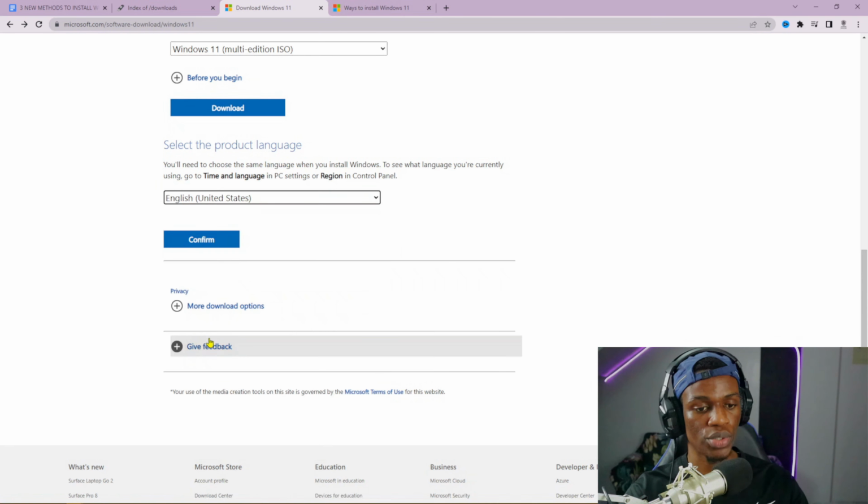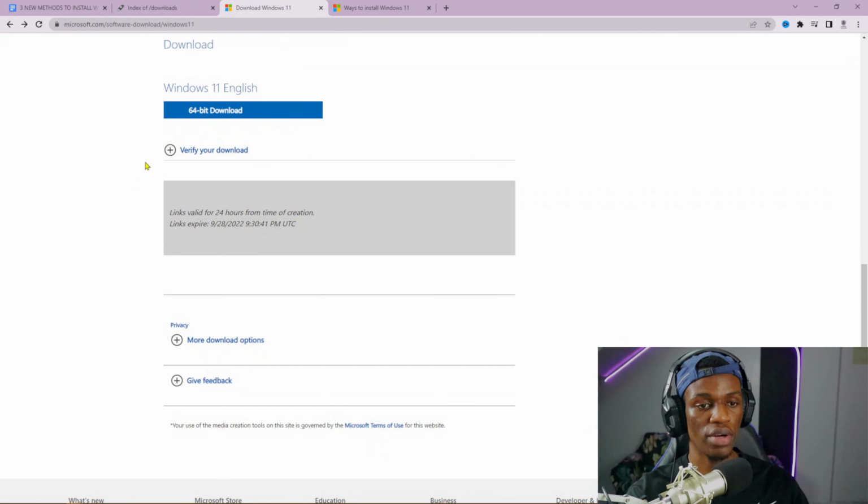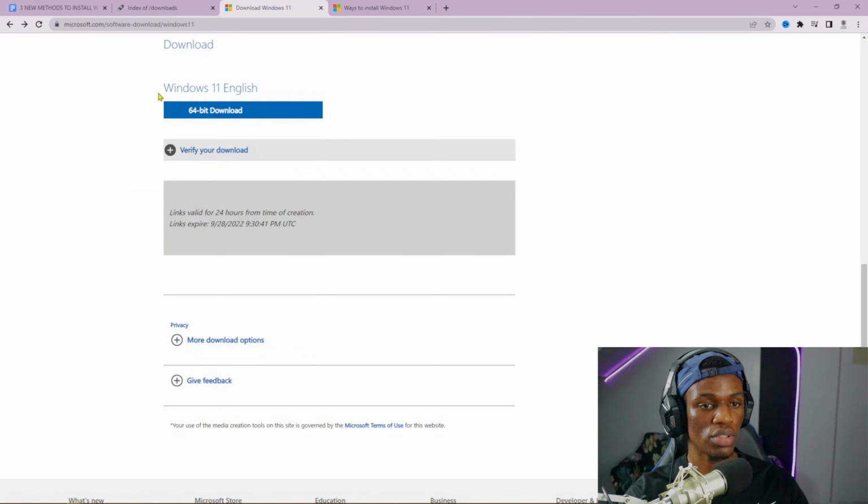You go ahead and put your language, English, and once you confirm it, it's going to show you the next thing. For now it's only at 64 bits, and you click on download. It's a 5 GB file size. I already have that downloaded, and then the next thing you have to do is go over to